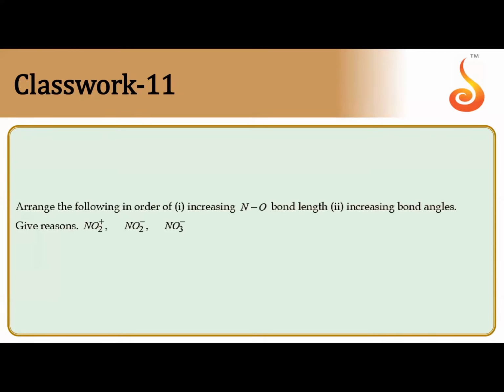So going to the next question here. Arrange the following in order of increasing NO bond length. Okay, great. So this is a practice of our resonance structure also, Lewis structure also, and hybridization also. First, let's apply hybridization. This one is easier. So let's do this first. Can you tell me the bond angle of NO2 plus, NO2 minus, and NO3 minus? Come on, children, you only have to do.